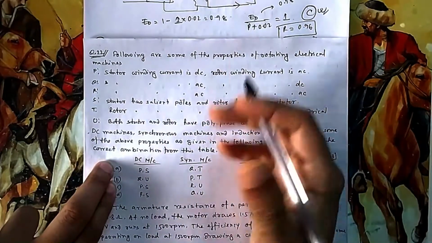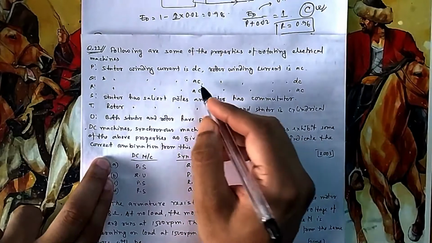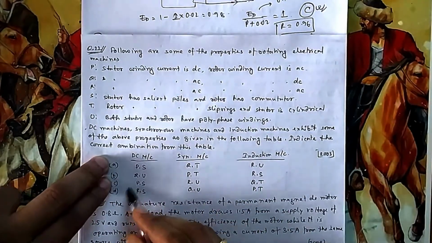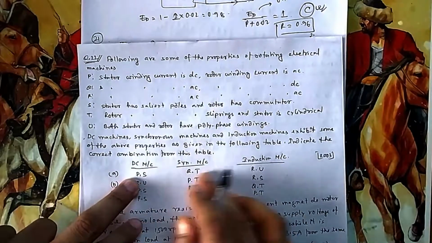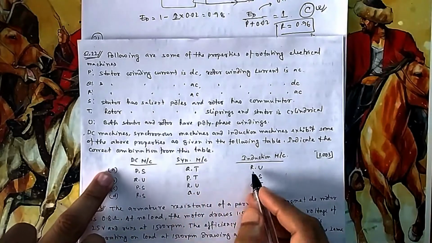You take current from your stator windings. That is our hydro and thermal power plants, all these. So these are synchronous machines. So Q is obviously a synchronous machine. So obviously you can now eliminate these also. So obviously option A is the answer. By seeing only this much, you can give the answer as A. Still you can confirm it.